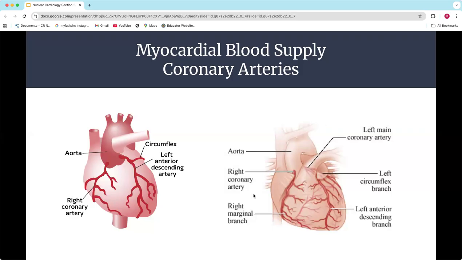And then you'll notice on here that you have other branches that come off. For example, right here we have the right marginal branch. We're not necessarily going to have you focus on those. I just want you to know the main coronary arteries. When cardiologists read things, they may make assumptions about some of these smaller arteries, but when we look at what our camera provides for us in terms of processing, we're going to be mainly thinking about those three main areas: the LAD, or left anterior descending, circumflex, and then also the RCA, or the right coronary artery.